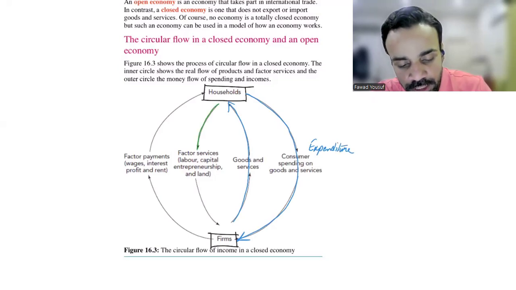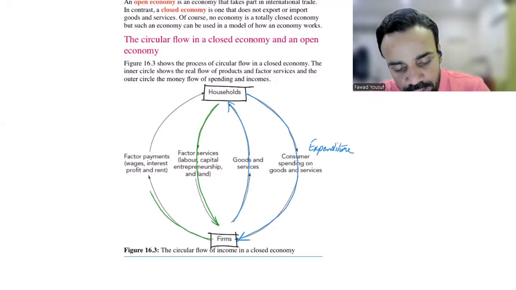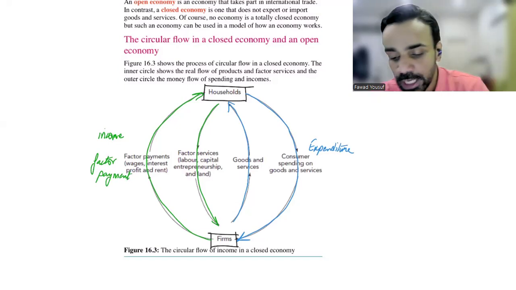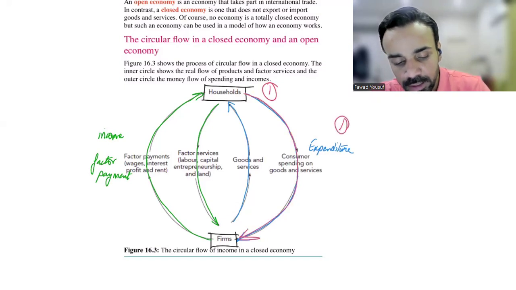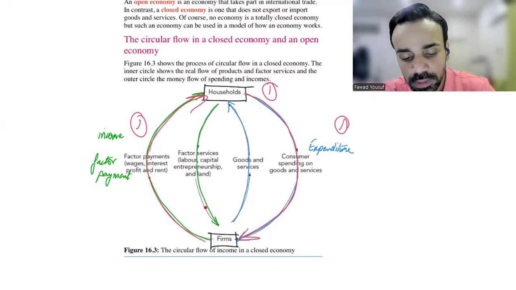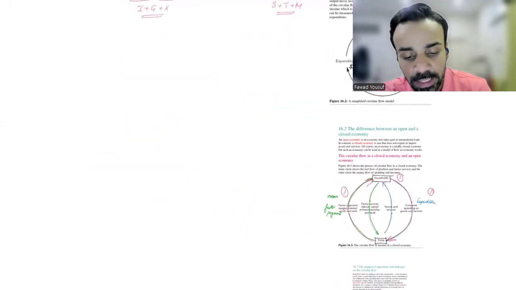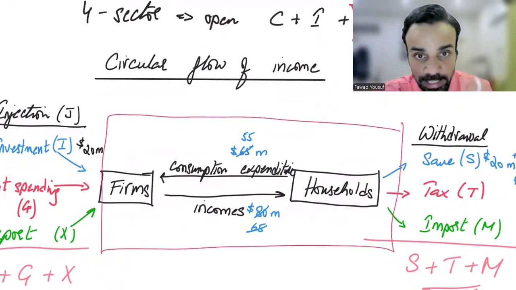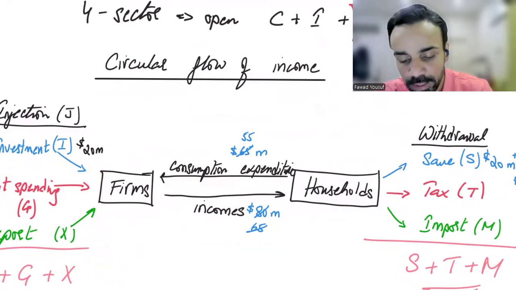दूसरा रिलेशन क्या है? हाउसहोल्ड्स गिव फर्म्स फैक्टर्स ऑफ प्रोडक्शन, और उस फैक्टर्स ऑफ प्रोडक्शन के बदले में फर्म्स मेक द इनकम पेमेंट्स. अब आप इसको इनकम्स भी लिख सकते हो और फैक्टर पेमेंट्स भी लिख सकते हो. जो जून में हमारे उसमें आया था ना क्वेश्चन, उसके अंदर यू वर गिवन 1 मार्क फॉर शोइंग के हाउसहोल्ड और फर्म्स एग्जिस्ट करती हैं, 1 मार्क. देन एक्सपेंडिचर 1 मार्क, और इनकम्स इस डायरेक्शन में जाती हैं 1 मार्क. दिस इज हाउ द 3 मार्क्स वर गिवन. देयर वाज नो मार्क फॉर दिस फैक्टर की मूवमेंट एंड गुड्स की मूवमेंट. इनफैक्ट जो मैंने डायग्राम बनाया है ना, जस्ट द center portion, you get 3 marks for it, based on the question's requirement.